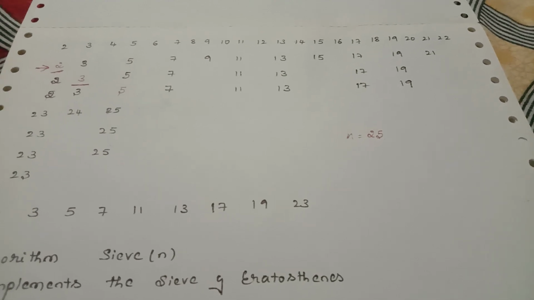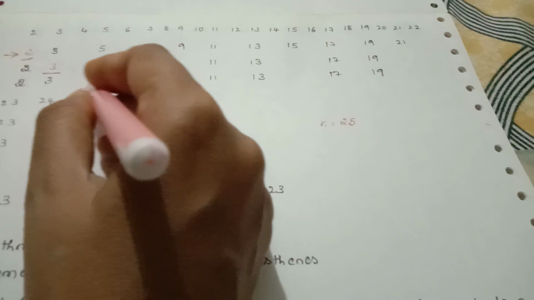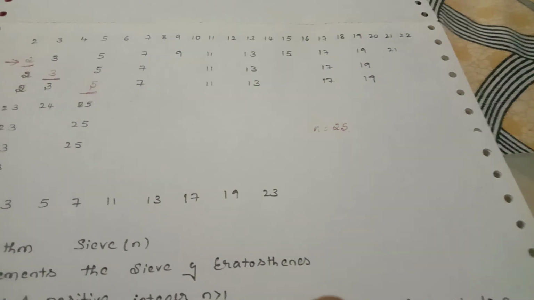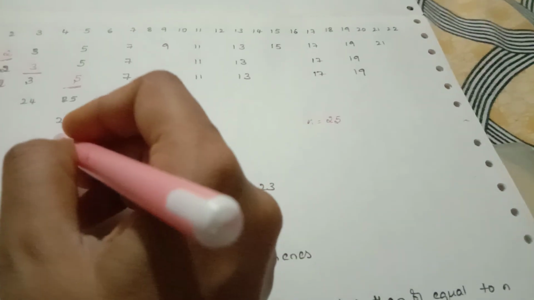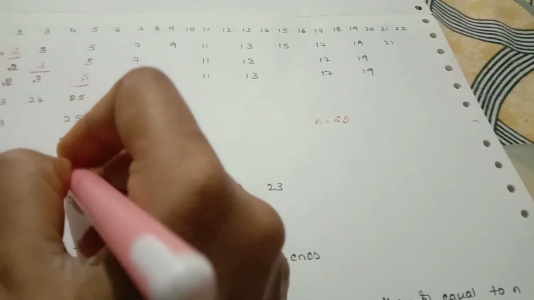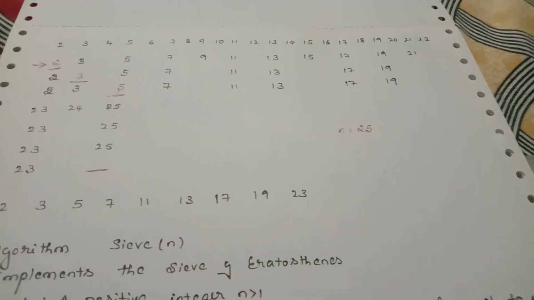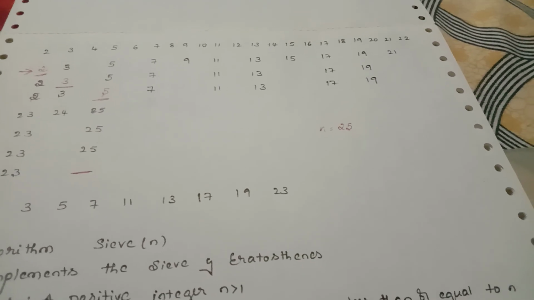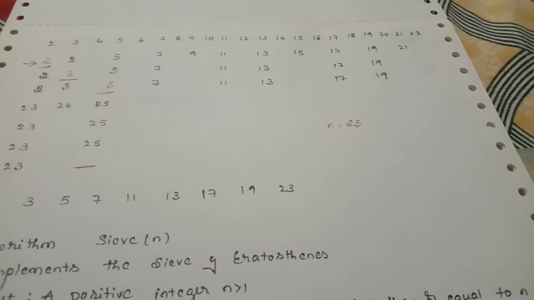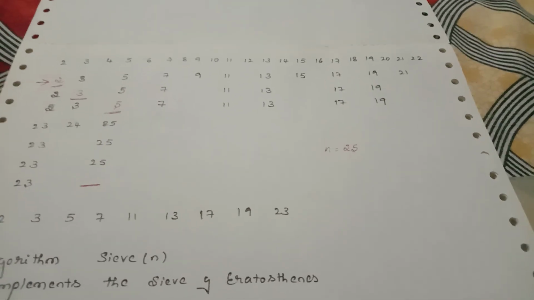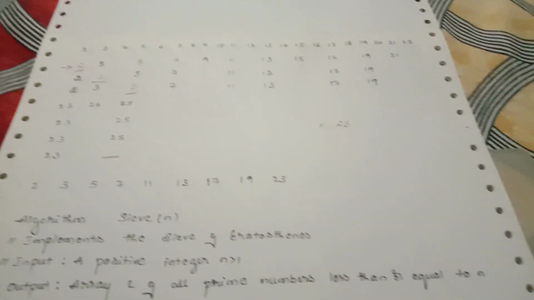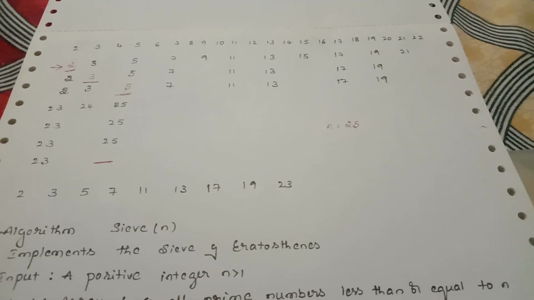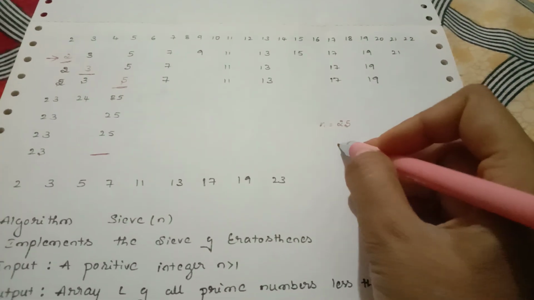So now with the 5, we are going to remove the number 25. So you can see here that 25 is not at all present here. So now we are going to remove the multiples of 5. Now, why not we have now taken the 6? So these steps we have to keep on repeating until we get